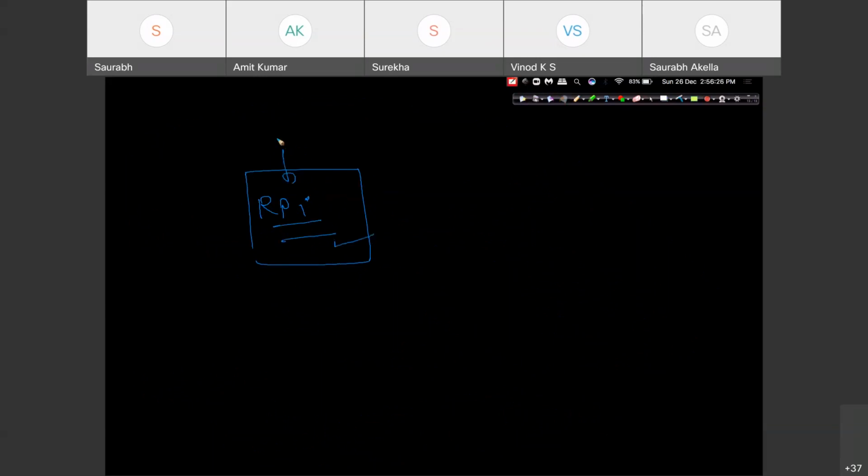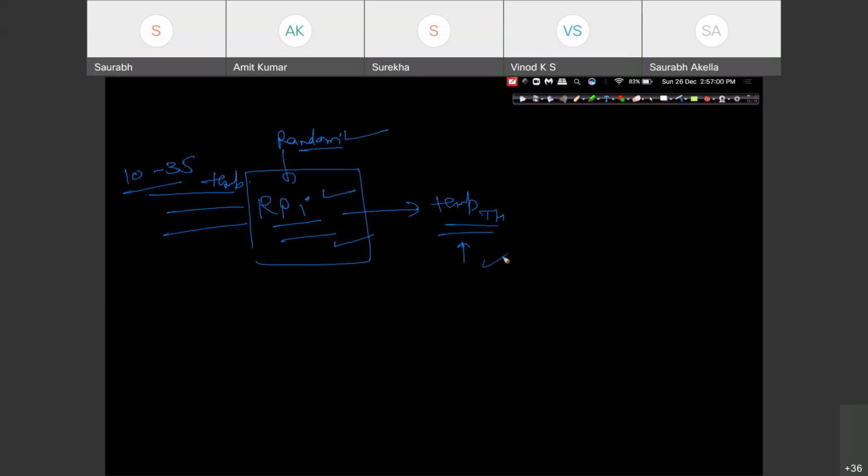So there is a library called random. Let me consider, I'll run this random function, right? Let me consider that randomly a value is coming for my temperature, from 10 degrees till 30 or 35 degrees. Randomly any number will come in between this, and I'll consider that number as my temperature, which will be available at Raspberry Pi. Now what to do with this number, right? What to do with this number? Can we have a threshold? Can we have a temperature threshold, TH? Based on that, we can take a decision.